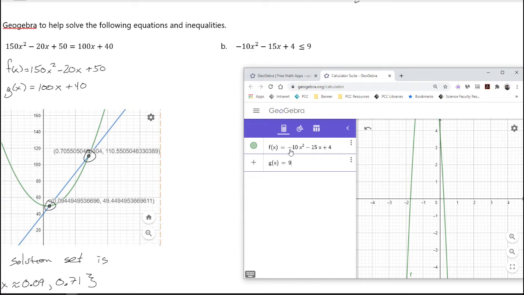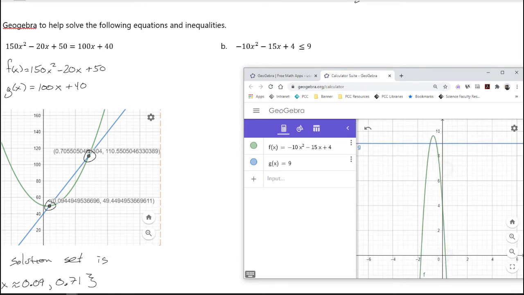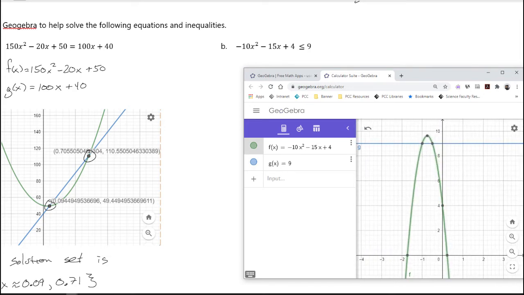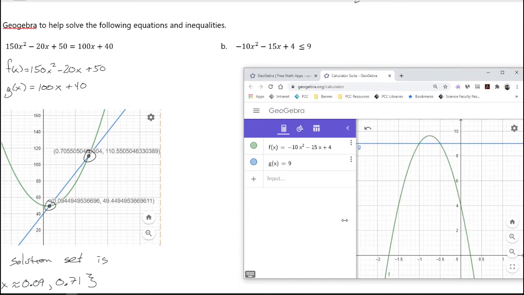Oops, 9 there. And let's see if we can slide around. There we go. That's not too bad. Maybe stretch it a little bit this way. Get the intersections. Intersect f and g,